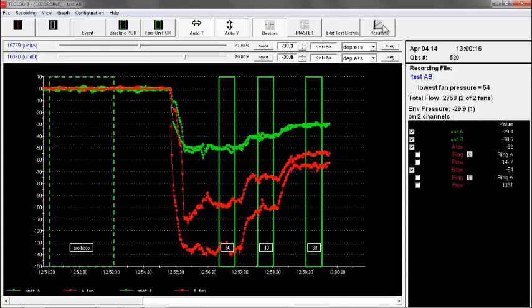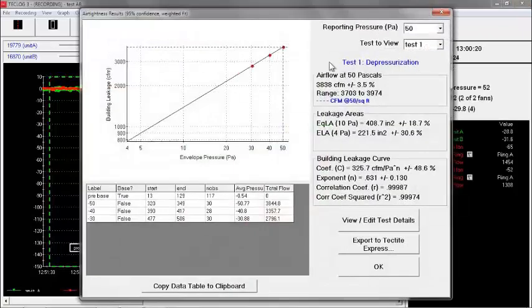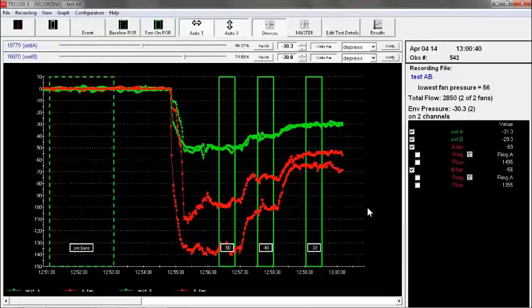So now I'm going to click on results here. We can see our test results, and we can see they're lining up really close on our line. We've got a really good correlation coefficient. It's not very windy. Wind isn't really affecting it today, and it shows the total flow through both fans. So this looks like a good test. So we'll click OK,